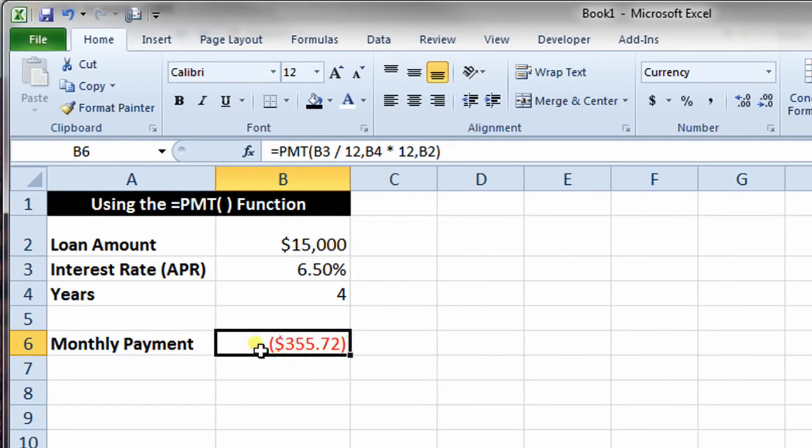So we got a negative number, $355.72, and that's because we're making a payment. So that's money that we have to pay, and that's why it's a negative value. If you wanted that number to be a positive value, it'd be a fairly simple matter to just click into